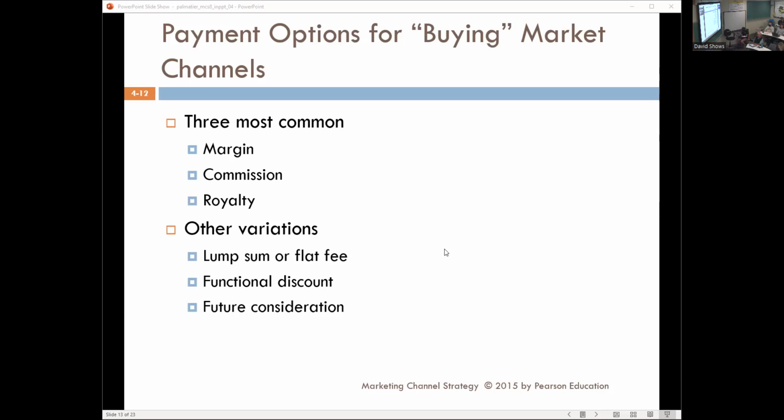Royalties also helped because it meant that the store managers could focus time on getting their salespeople up to speed, and it would allow them to make a commission, especially off of training, which was as important as anything else is. So these are the most common ways in which, if I wanted to buy my market channels, this is how I would have to pay for it. Now, those are the most obvious. Depending on how strong your corporation is, you may not have those as options.